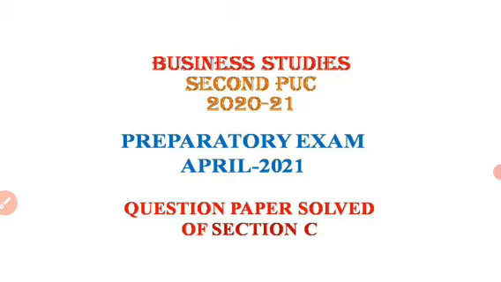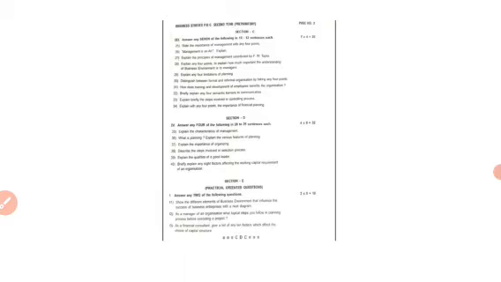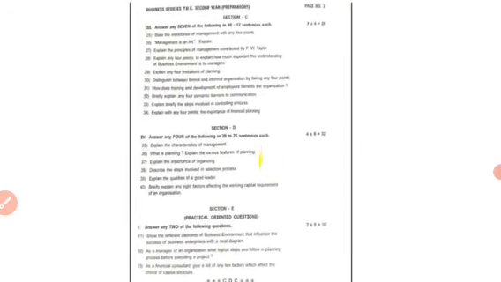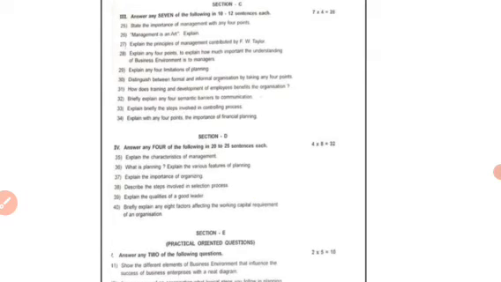We have completed section A and section B questions with answers. Let us solve the next questions, which are related to section C, the 4-mark questions. The total number of questions will be 10, and from that we have to answer any 7. We already completed sections A and B in the previous class, so let us study section C in today's class. In section C there will be 10 questions, among which we have to answer any 7. Each question carries 4 marks.